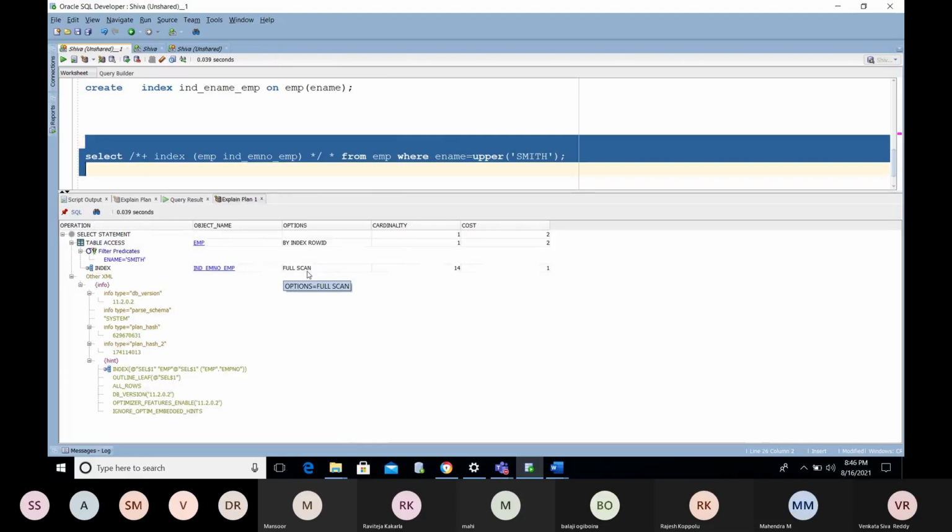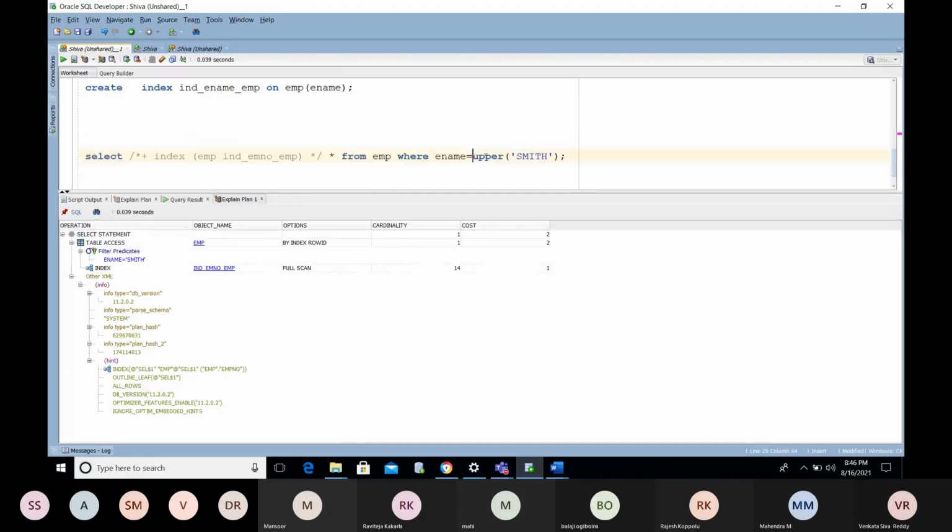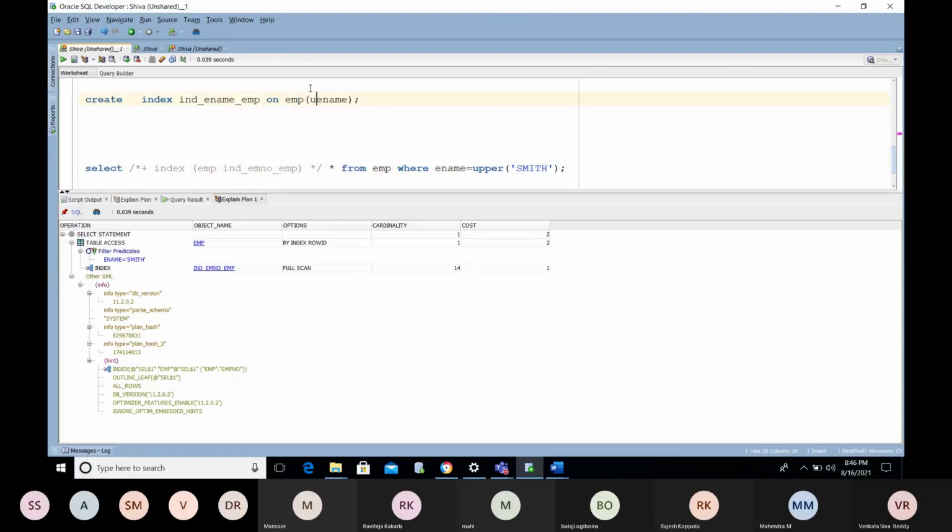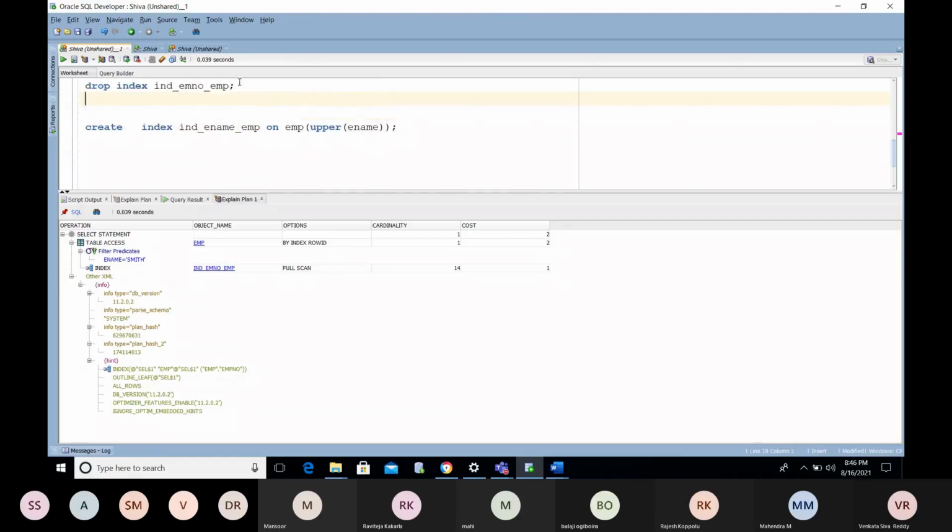Even if the table has an index, it goes for the full table scan, because you created the index without a function, but you are trying to retrieve the data with the upper function. While creating the index, if you mention upper of ename, you won't get this issue. If you are retrieving the data like this, you need to create a function-based index. So now I am dropping the index and creating it again.